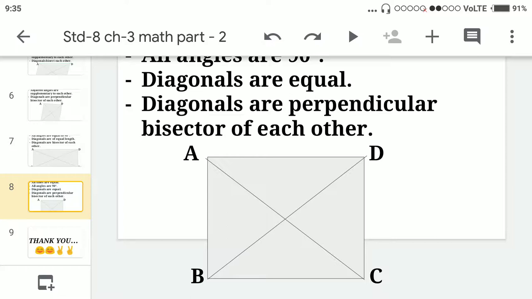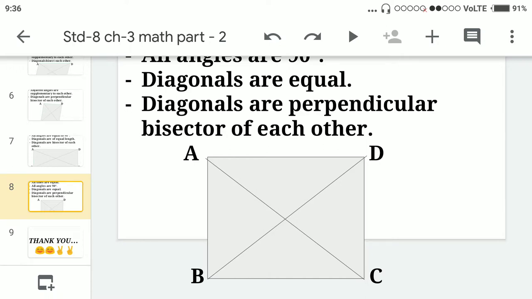So if you compare all the things, remember that in case of your rectangle and square, in these two cases only the two diagonals are the same in length, and they are bisecting each other. In case of square and your rhombus, in these two cases, the two diagonals are perpendicular bisectors of each other. And in case of kite, only the two diagonals are bisecting each other. Understood? And in case of parallelogram, your square and rectangle as well as rhombus, in all the four cases, the two diagonals are bisecting each other.